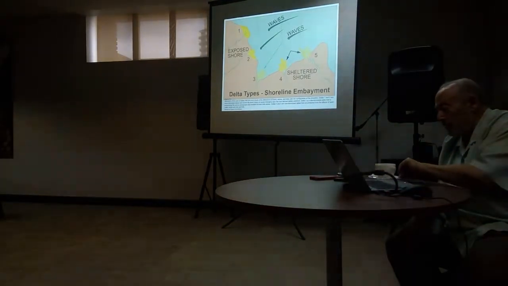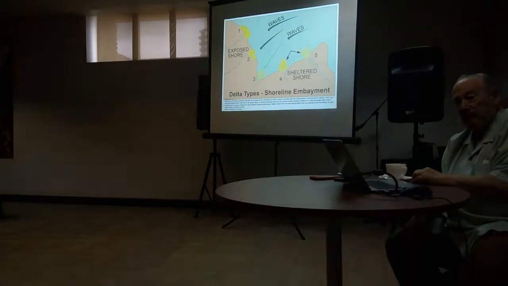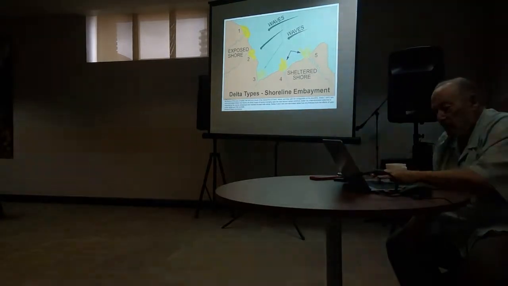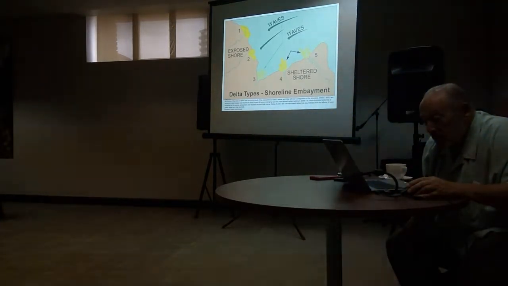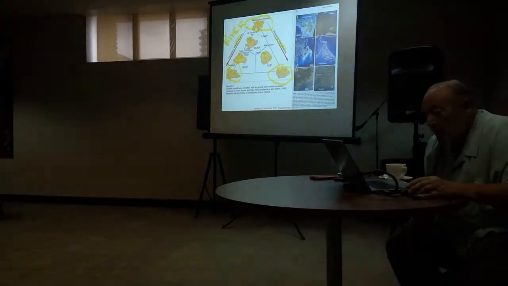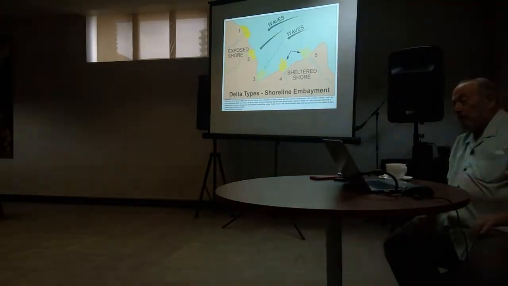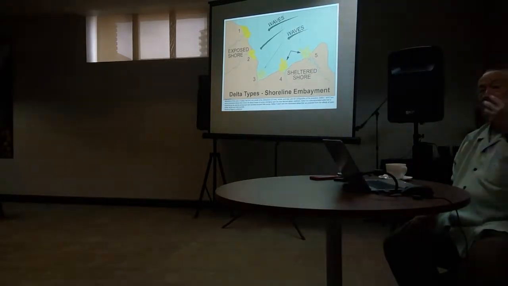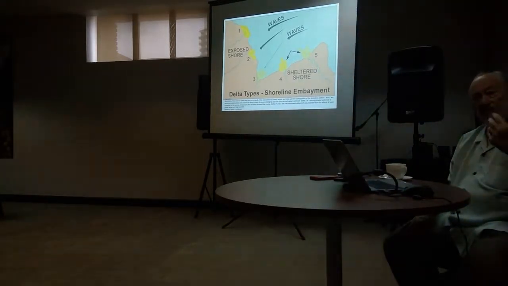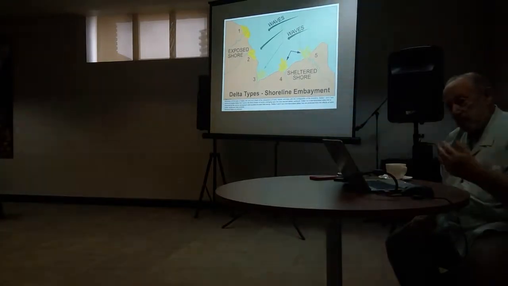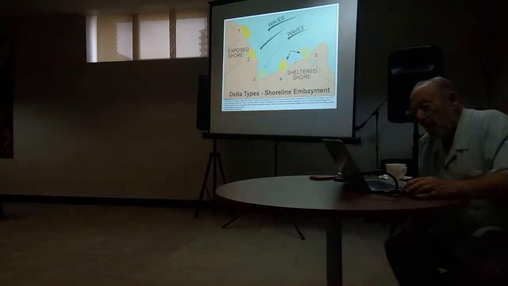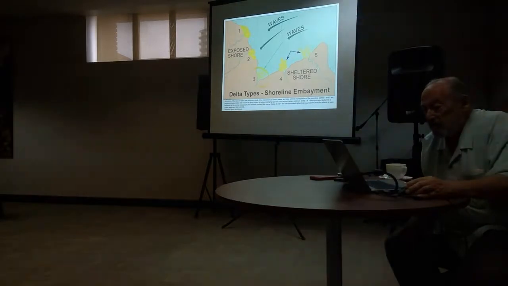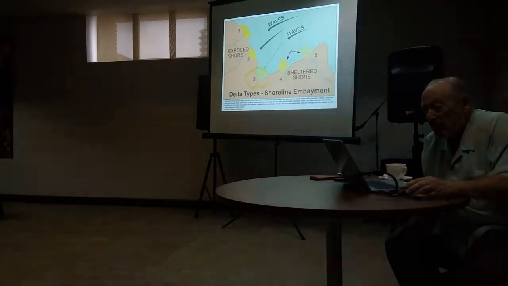The reason why you get these different types of deltas, I want to go back a second here. The reason that you have these different types of delta is, once again, all a function of the original depositional environment. If you have an environment something like this, where you've got a river coming in,